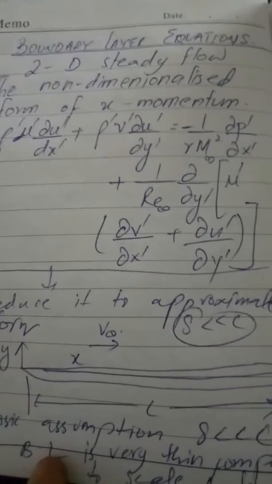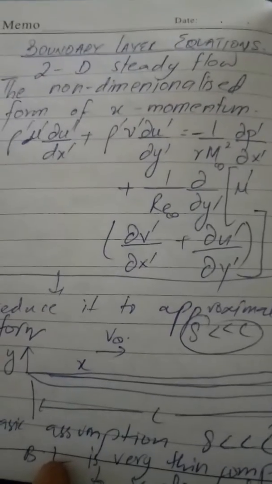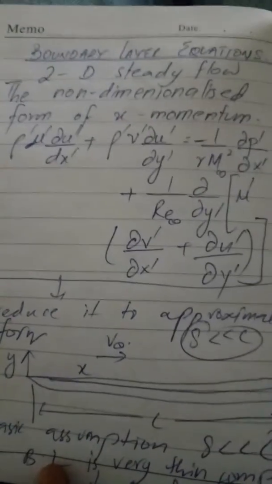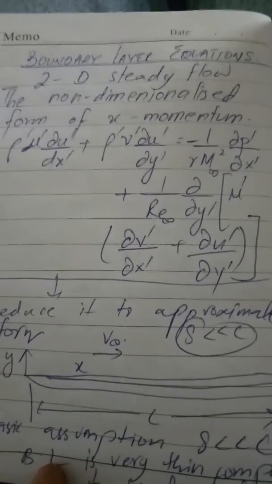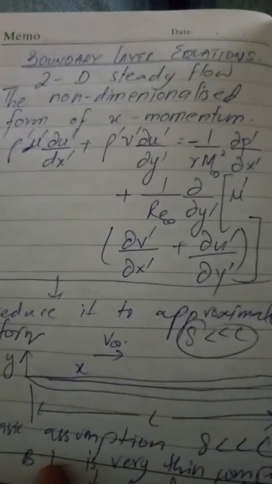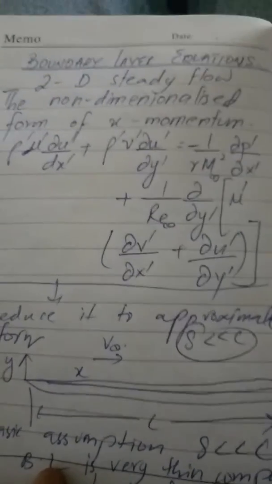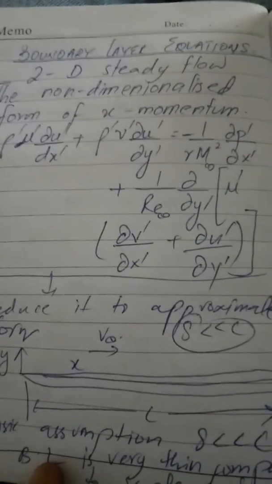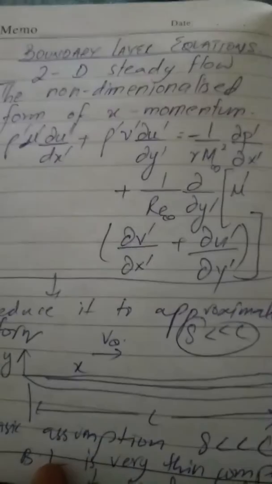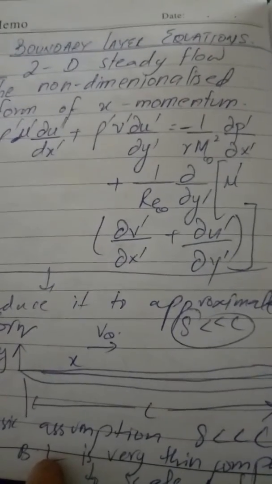you need to talk about rho, the density, and also the velocity. We're going to talk about the velocity u and the velocity v, but the velocity will then be in the form of x momentum. So here it is in front of you: rho prime u prime ∂u prime/∂x prime plus rho prime v prime ∂u prime/∂y prime